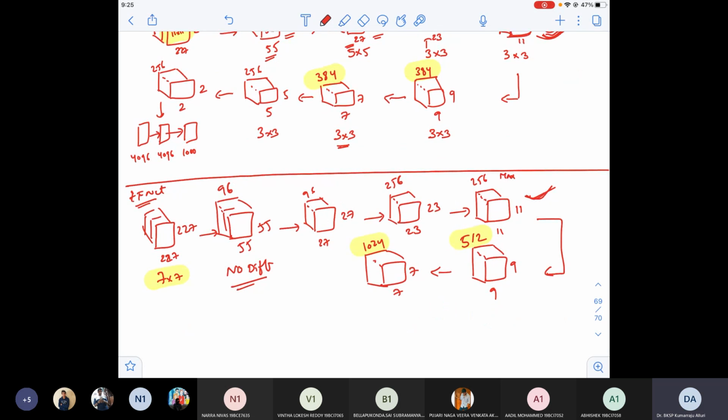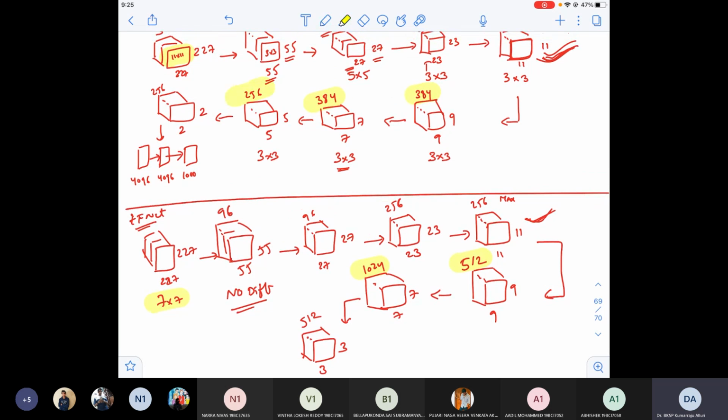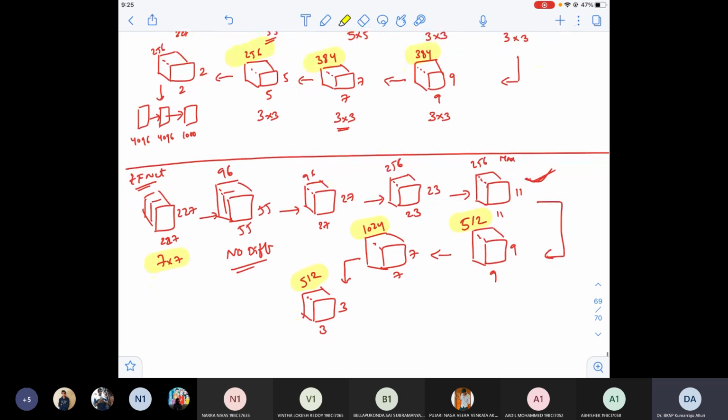And then let me just draw it here. After that, at 7 by 7, the width and height stay the same, but they're increasing the depth. That you have to realize. Then 3 by 3, and how many such 3 by 3 you'll get is 512. Now is it different with respect to this? Yes, this is 256, this is 512. That also differs.